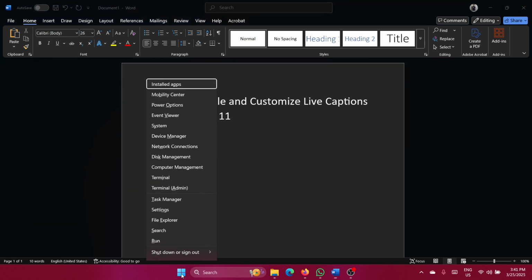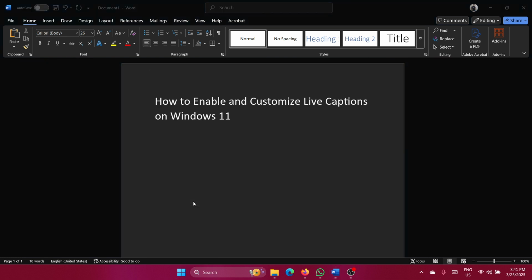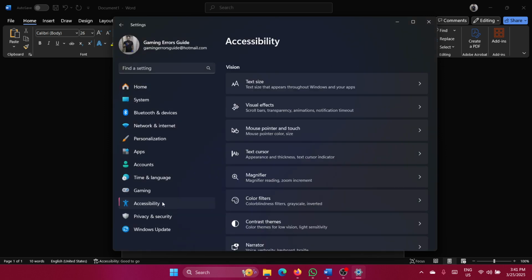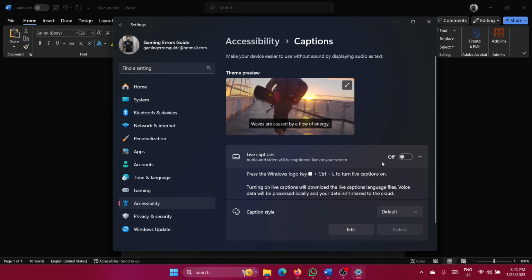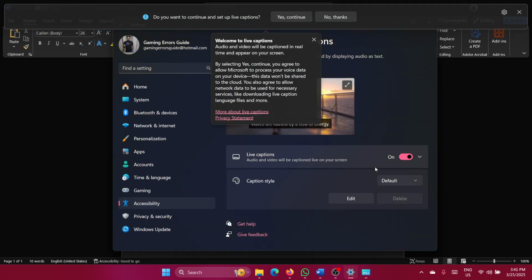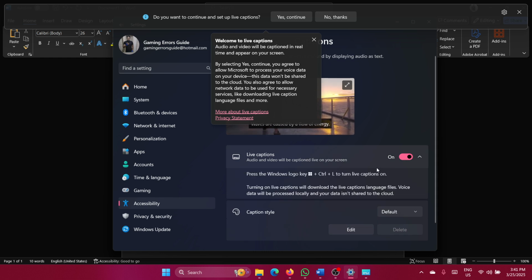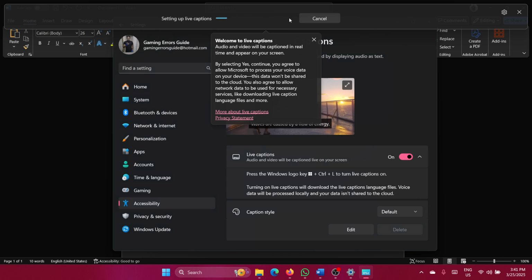Right click on the start button, select settings, go to accessibility. In the right pane, select captions, and then you'll find an option for live captions. Simply turn it on. I'll tell you why this is so important. Live captions will start pushing live captions. You'll have to click on yes, continue, and then it will start pushing live captions to all audio on your